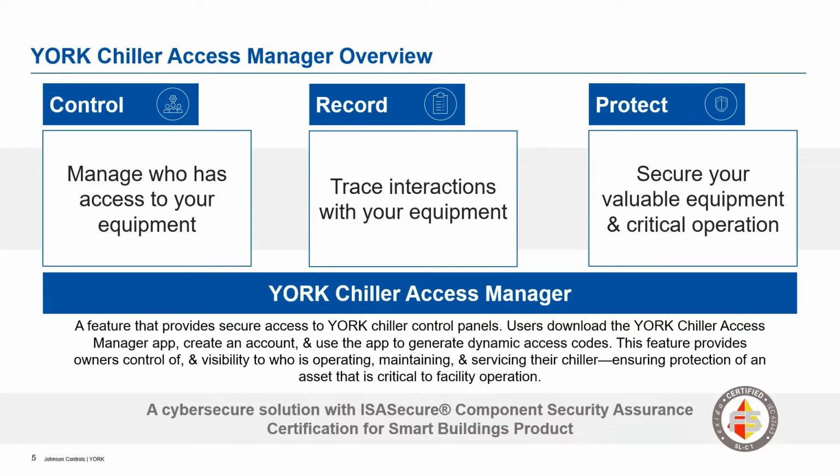All right, so York Chiller Access Manager is a relatively new feature of our York Chiller product that really allows our equipment owners to have more control over their chillers, because they're going to be able to manage who has access to their chiller equipment now. It allows us to also record who has logged into chillers, and that gives our equipment owners the ability to trace different interactions, see who logged in, and maybe make changes. And all that provides some added protection, right? So the intent is to secure this really valuable equipment that's usually part of very mission critical operation,